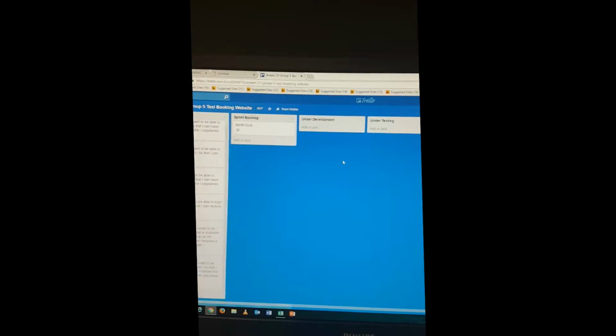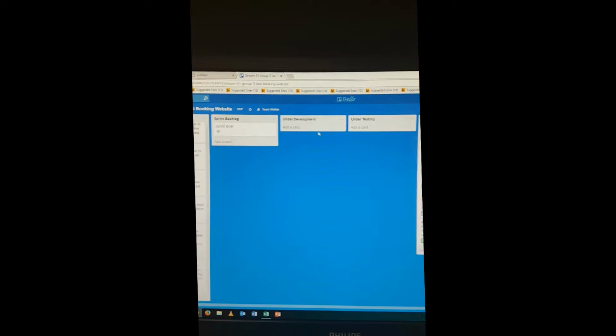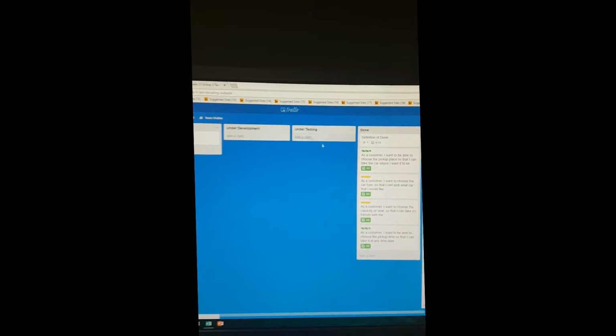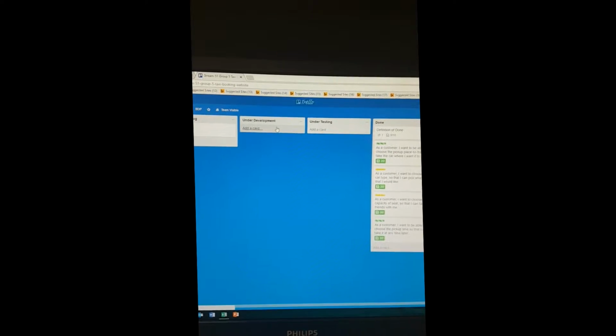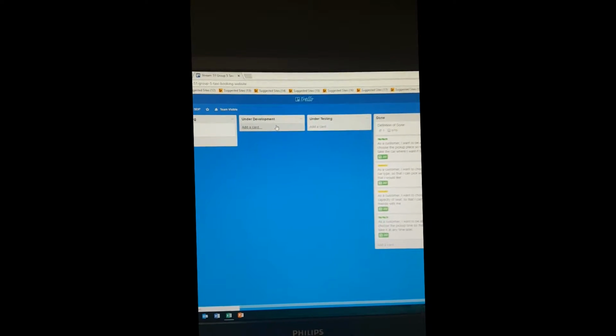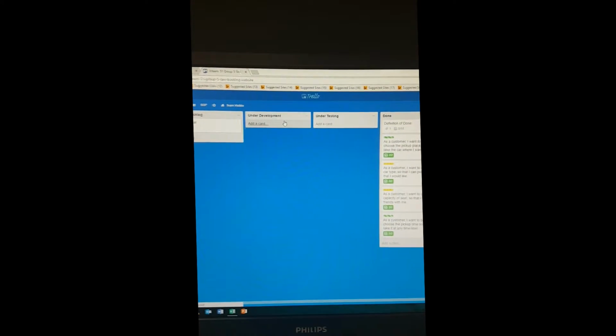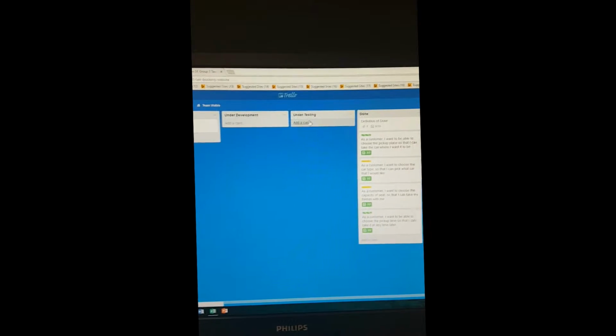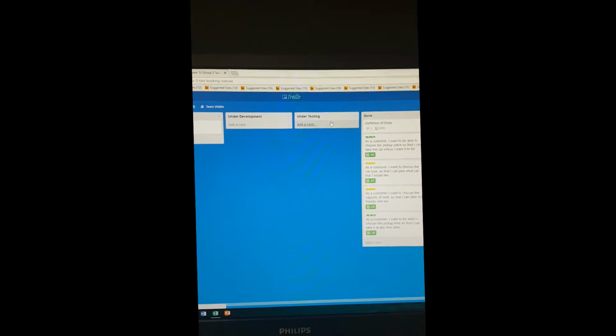Then we move this user story to under development. When we complete the code, we move all of them to under testing, and then we test each other's code. If the code is not wrong and all complete, we move it to done. And if there are errors or mistakes, we move them back to under development and tell the developer to fix them. When the fix is done, we move them back to under testing and test again. And then after it's complete, we just move it to done. That's our